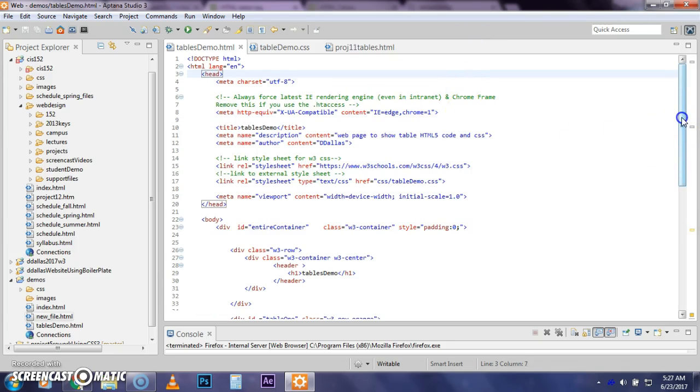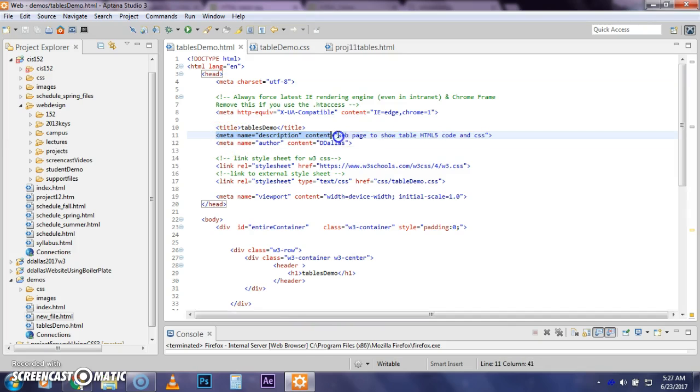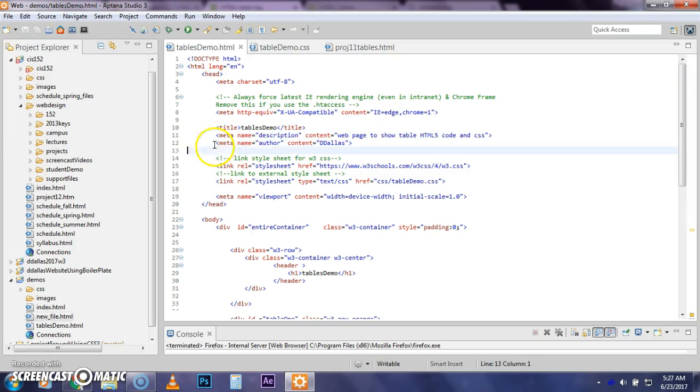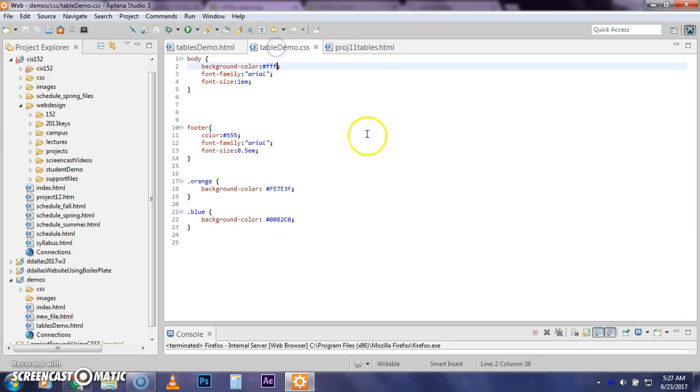It's a very simple, quick way to lay out some of your content, but I always then go back and add my information, my descriptions, what I'm going to be doing, and the author. Then I have to set up my style sheets. I'll be working with W3 Schools CSS, so I need a link to that. I'm going to be writing my own CSS, so I have a link to that. This is to my tables. So here's my tables